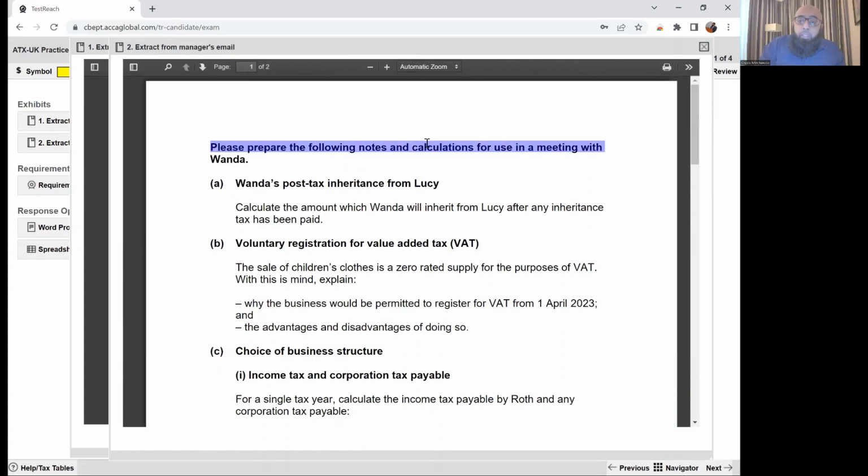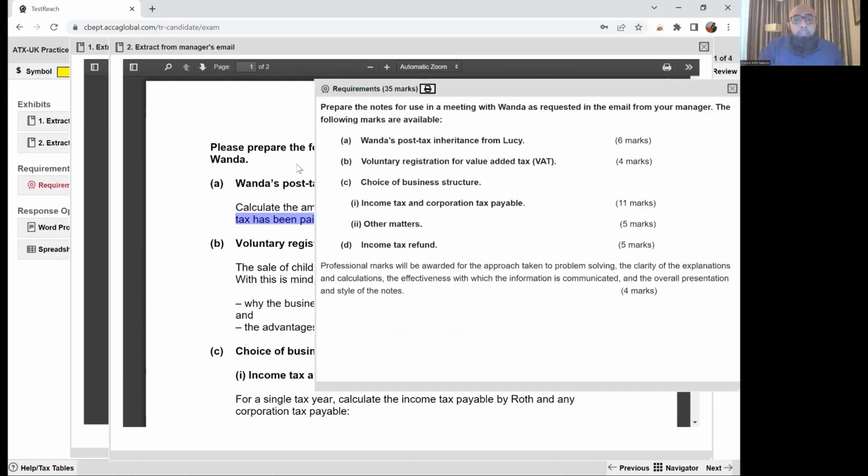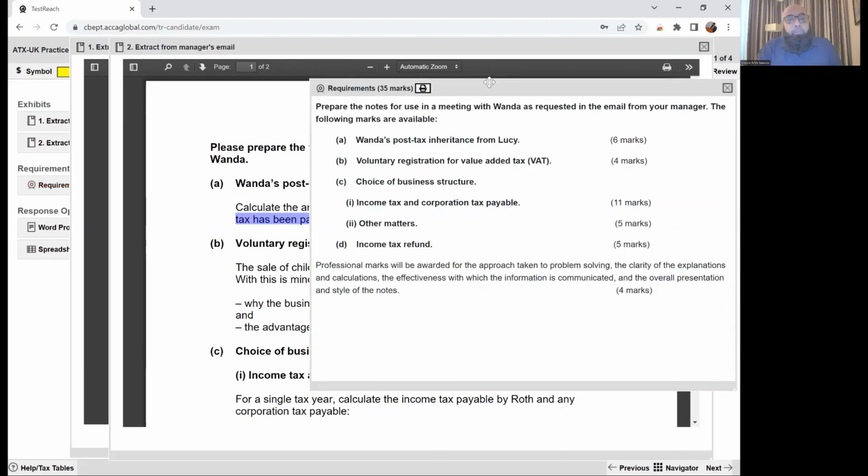Please prepare the following notes and calculation for use in the meeting with Venda. Part A, Venda's post-tax inheritance from Lucy. Calculate the amount which Venda will inherit from Lucy after any inheritance tax has been paid. Now, this is something isolated from the entire question. And if you read the requirement,